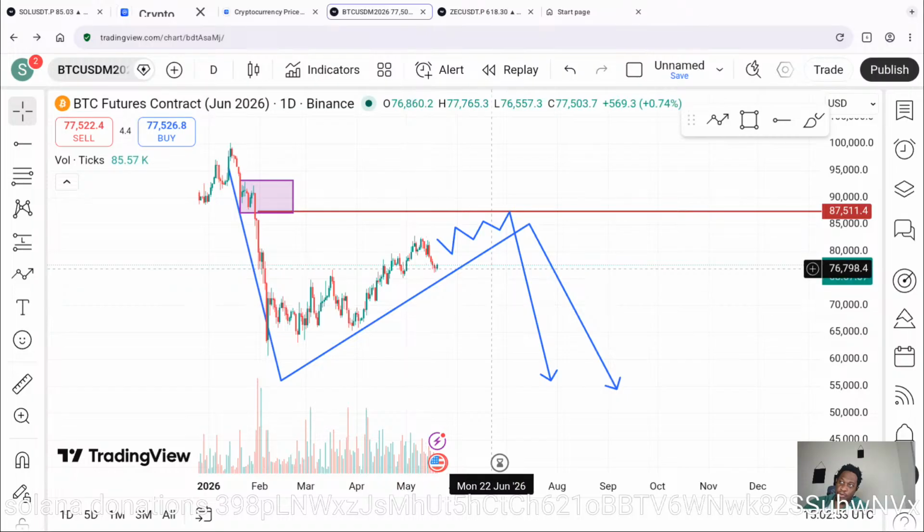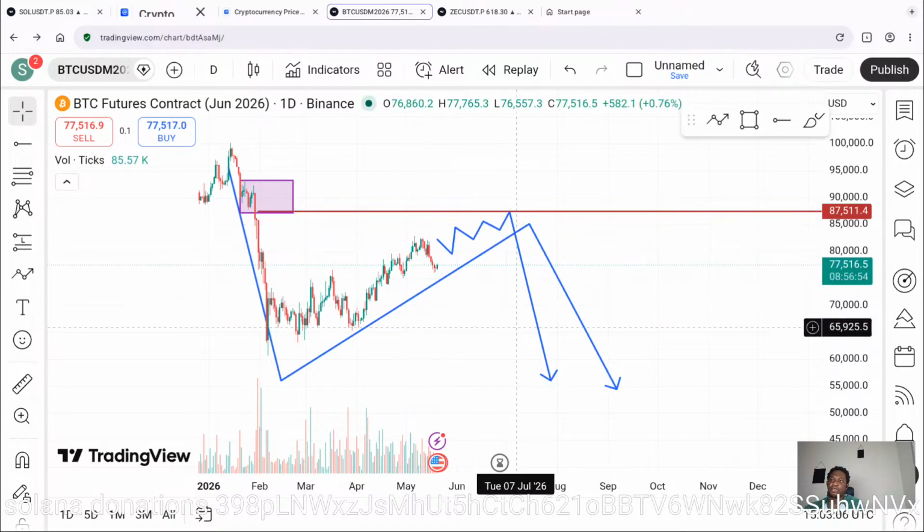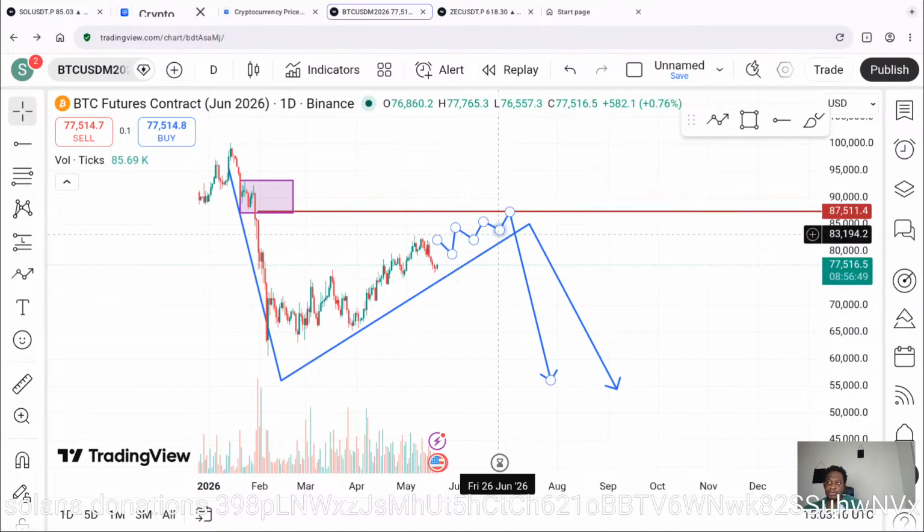And the right setup would be some sort of reaction around these areas. Once you see a rejection, that's your confluence to go. At the moment, we're still retracing to a fair value gap area. But once you see a rejection around this area, it's go time. Go, go, go. That's where the money is made.